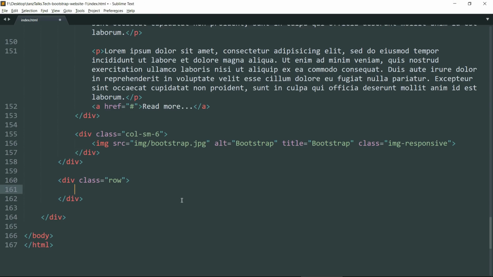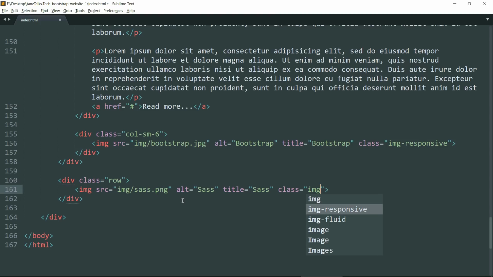Okay, now just create an image, give it a source of img/sass.png and alt attribute as sass and title as sass and class as img-responsive.